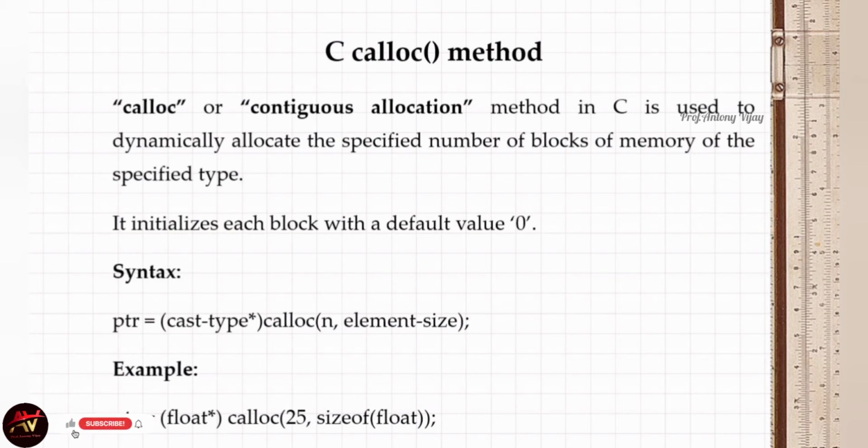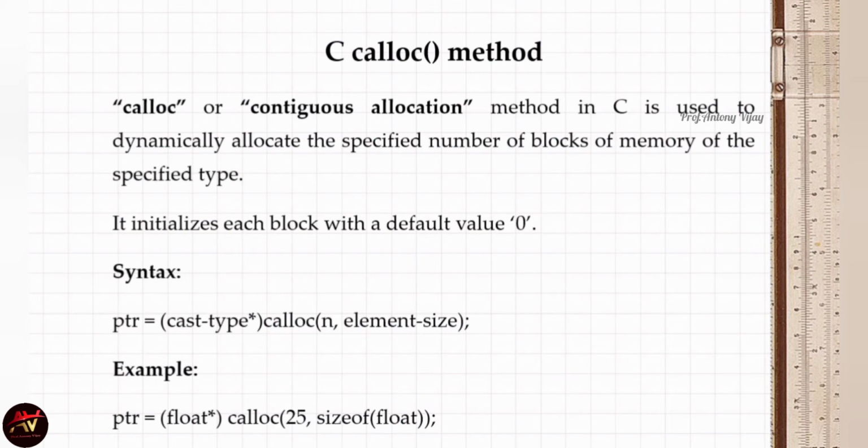Let me see the syntax for calloc. When I talk about the syntax of calloc, we have to read from right to left. In this calloc we have two parameters. The first parameter is the number of elements, that is n, for example 25, and the element size. In order to find the size we have to use the sizeof method. Here the data type will be float. The size of float is 4 bytes, and 25 into 4 means 100 bytes will be created. Here for 25 elements, 4 bytes of memory will be created separately, so no collision will happen. Finally we are typecasting to float, so only float values will be stored in it, and we store the result in a pointer variable.